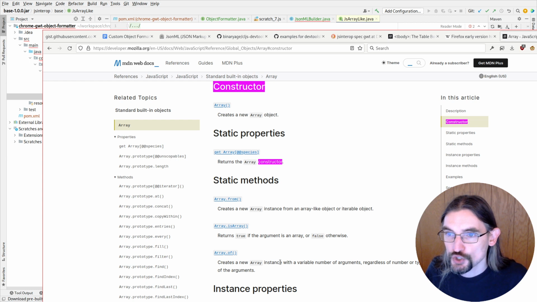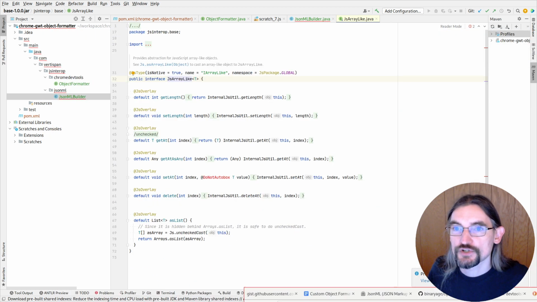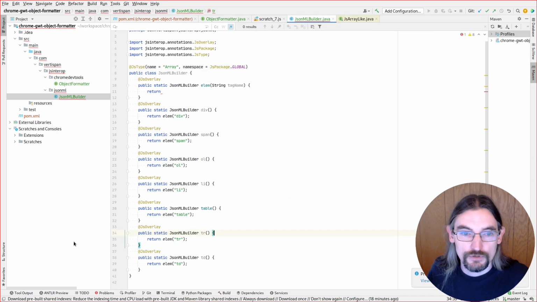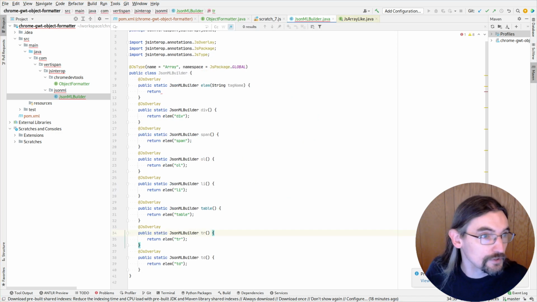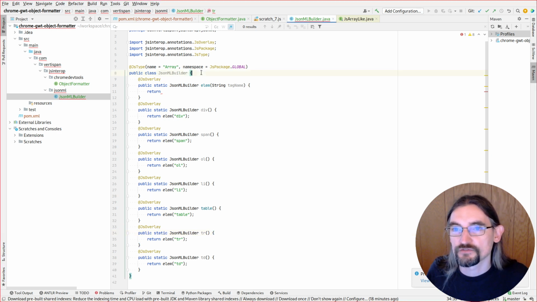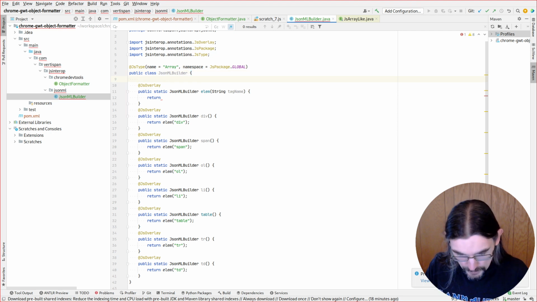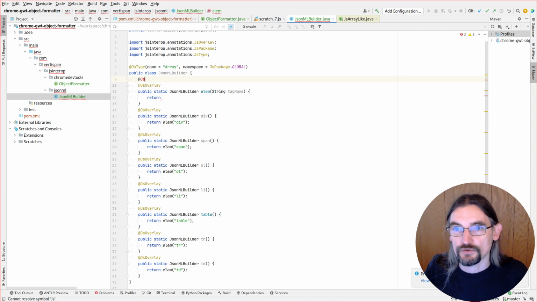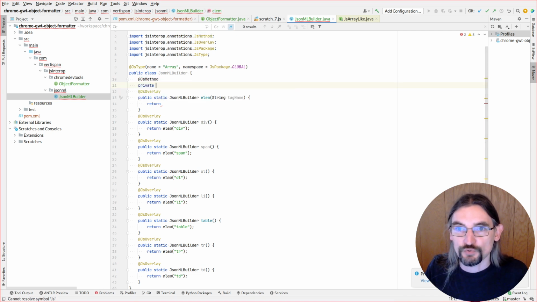We're only ever going to want 2 arguments to start off with. So we're just going to do an of with string and object. I don't think we have an actual constructor for it here. Yeah, I mean, it's easy enough if you just have JsInterop on your class path, but I don't have that right now. So we're going to say that it's a JS method, but it's going to be private static native